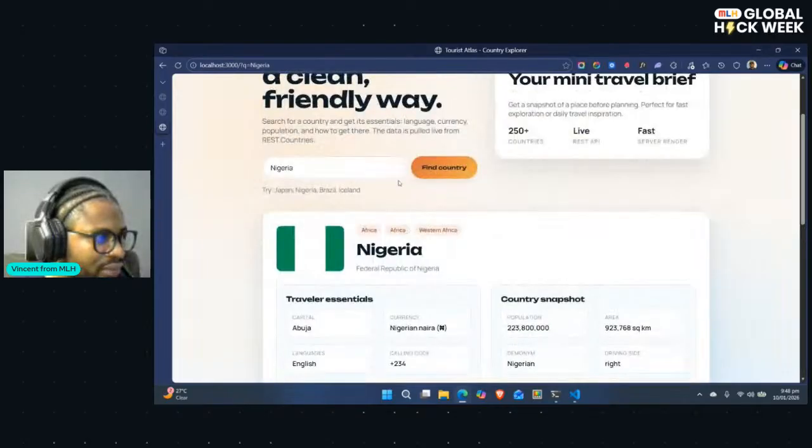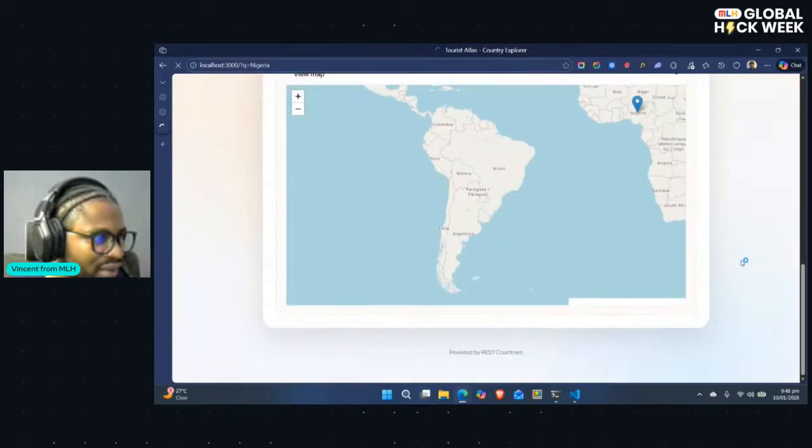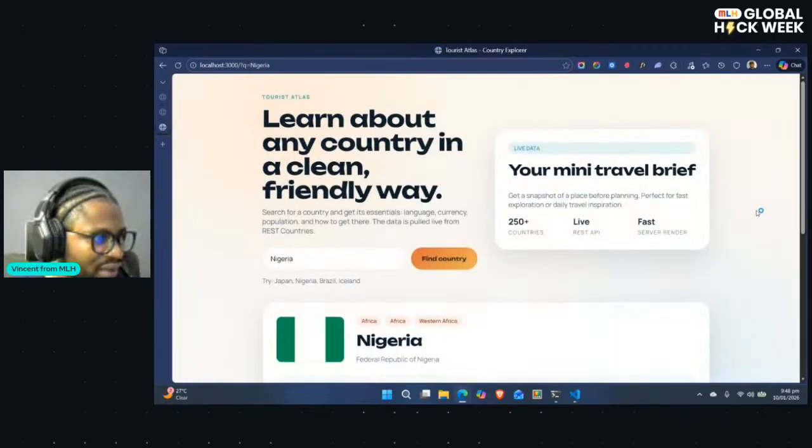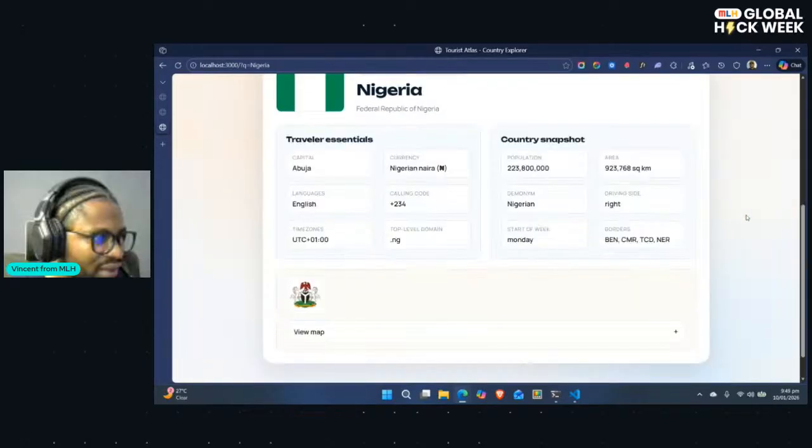That's actually how we're able to return the map. It is also using the Google API behind the scenes to return the map for us. So an API calling another API, and we are consuming that API. So we can literally plug in different APIs in one application. It's all about making a request, waiting for that request to resolve, and then giving out the data.